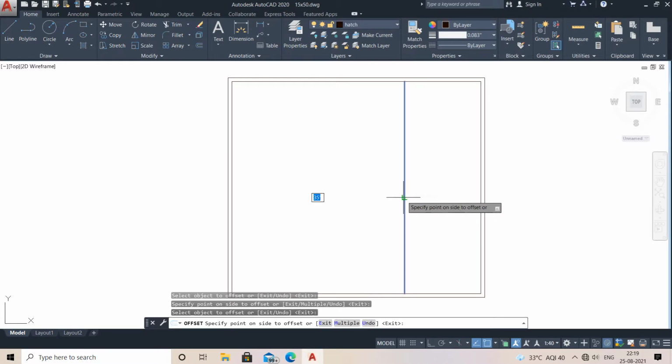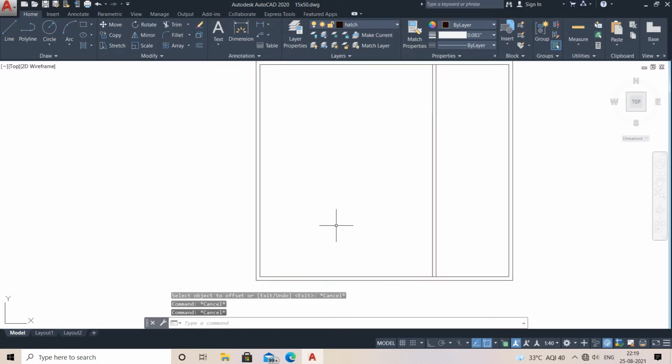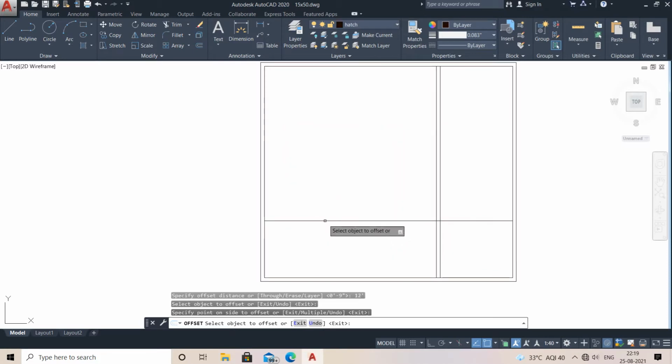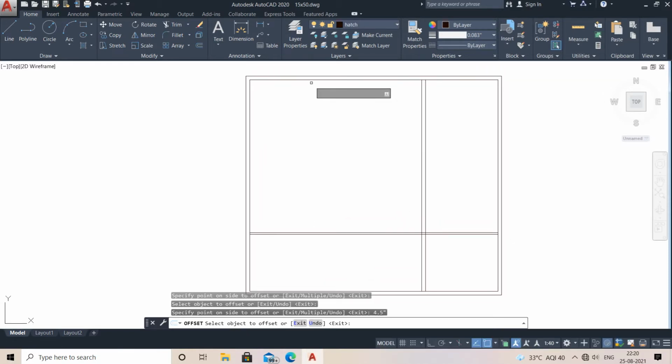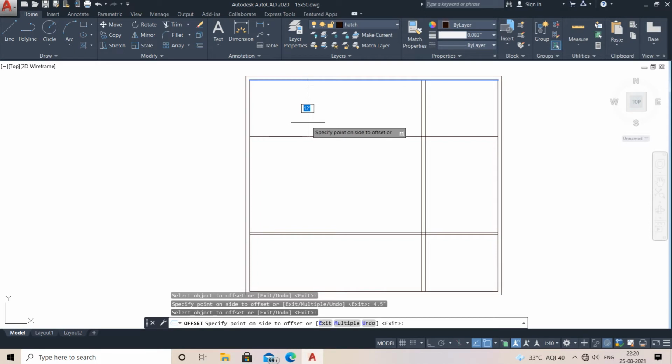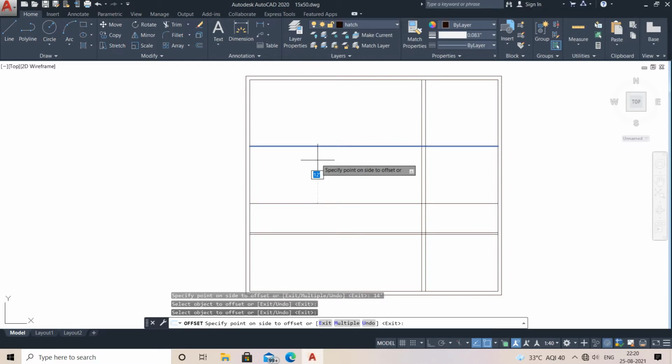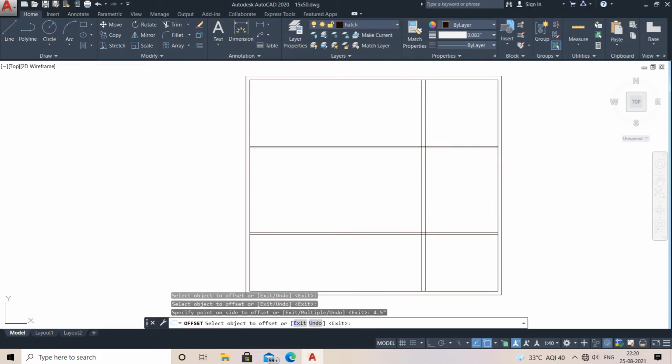So again, go for this 9 inches. After that, go for the offset command of 12 feet from your keyboard, and just toward the interior, not the exterior. Okay, after that, go for 4.5 inches, not 9 inches, because it is a one brick wall. One brick wall is only 4.5 inches. It is generally 5 inches including plaster. So from here 14 feet. After that, again do the same thing, right? 4.5 inches.